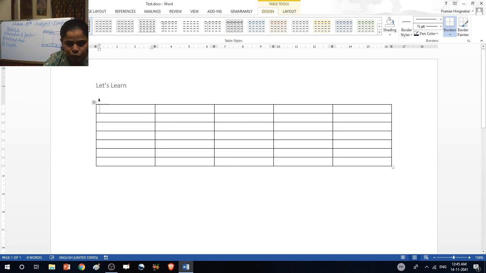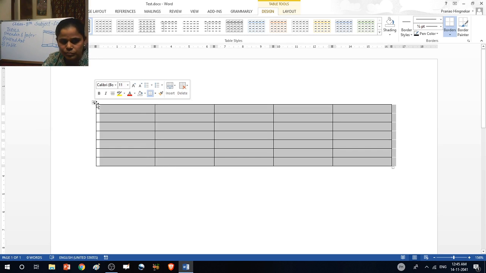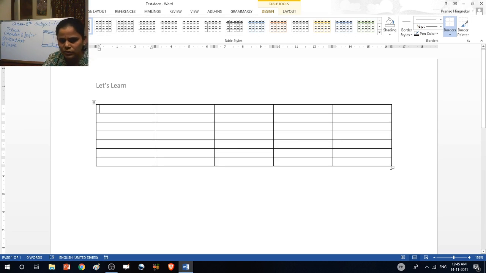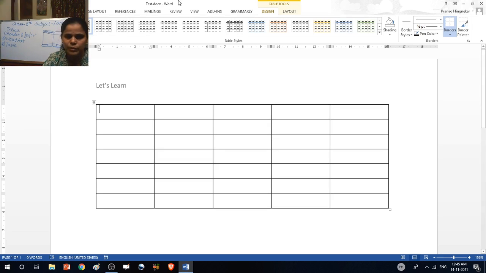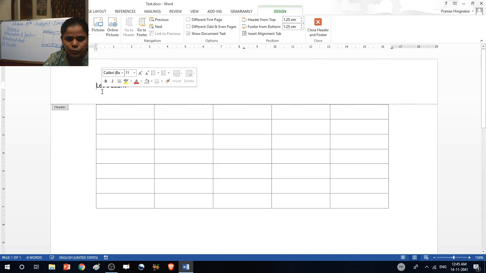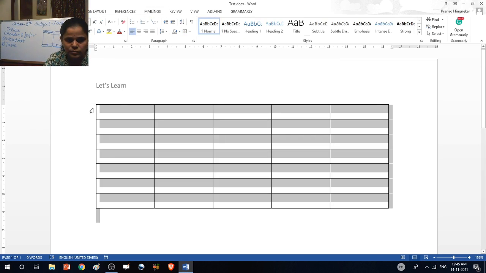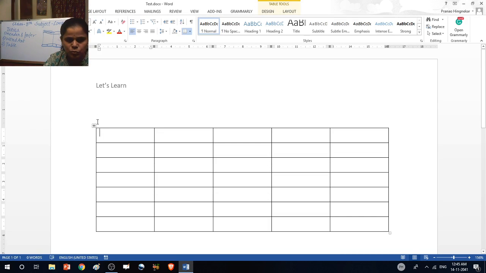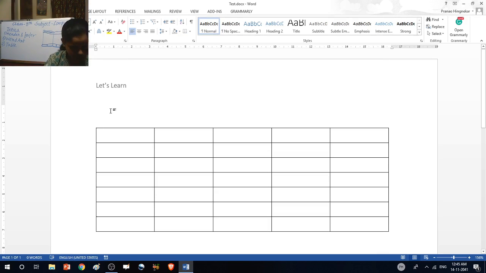Okay, so first click on this box here. This is a box, and just move this table below. Okay, and you can adjust the size of this table. So first give the heading. So move your table below.